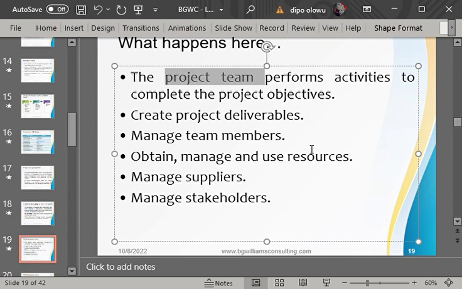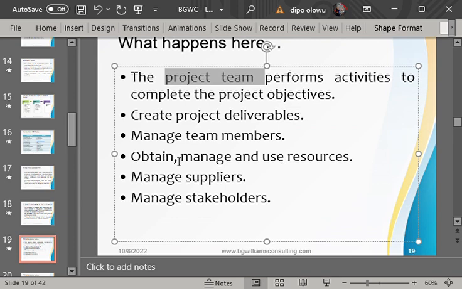When we say manage team members, are there instances where a team member may not be doing the task assigned to them right? Yes. In such a case, it is the project manager's responsibility to manage that team member. It's also possible we have team members with a wrong attitude towards work. It is the project manager's responsibility to manage such a team member. There are some team members that are willing to work alone. They don't like working with people, even though they are in a team. What is the project manager's responsibility? To manage such team members.